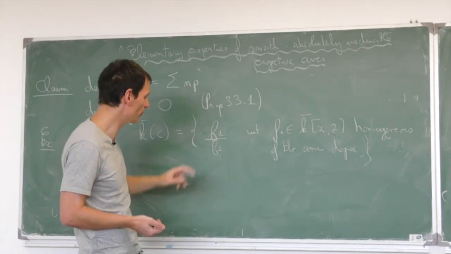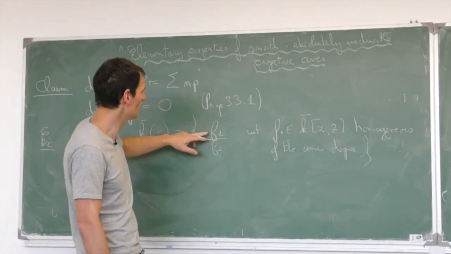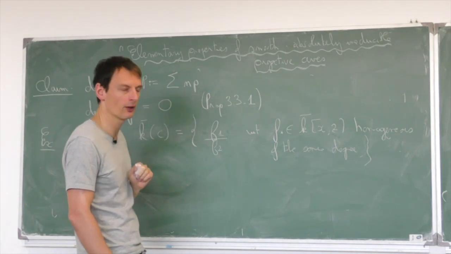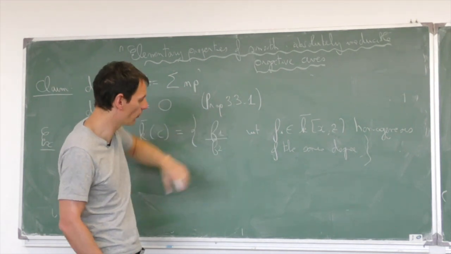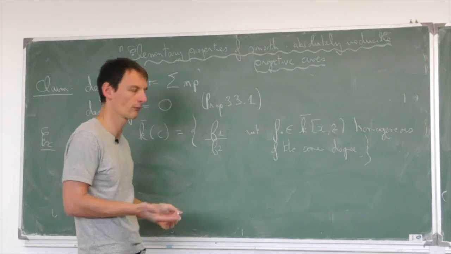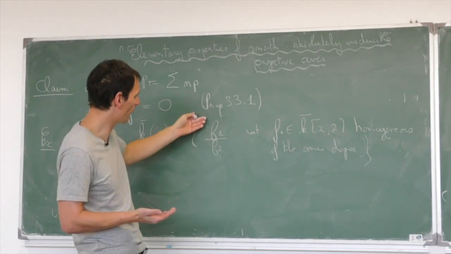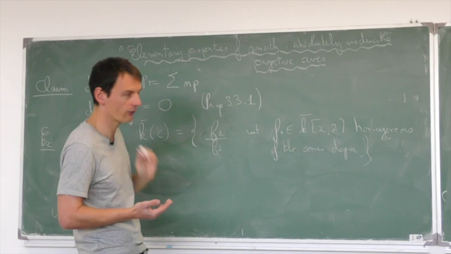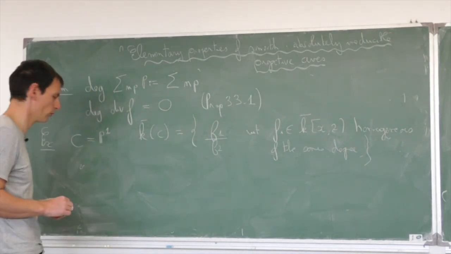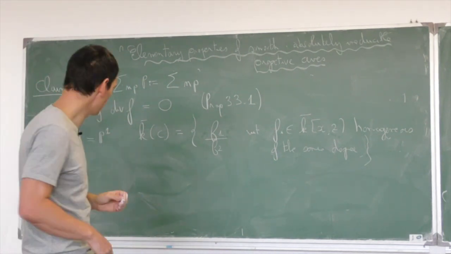And that's a nice point, because if they have the same degree, it means that the number of zeros of f1 and the number of zeros of f2 are the same. And if they are the same, it means that there are as many zeros as there are poles for these functions. The same can be done